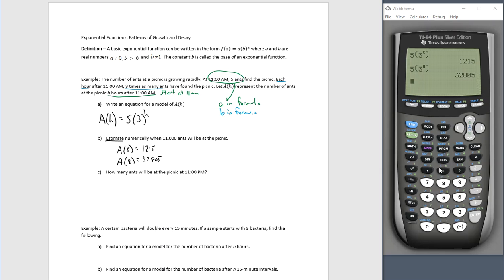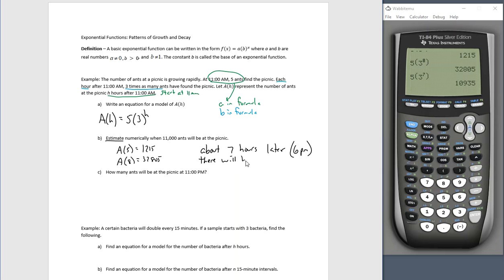And it looks like probably hour 7 would be our best bet. Let's see what 7 gives us. Because I'm estimating, I'm just guessing and checking, all right? 10,935 ants. So about 7 hours later, 7 hours after 11 a.m., this is 6 p.m. About 7 hours later,